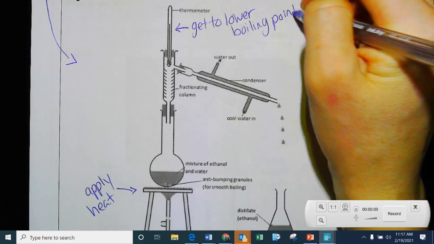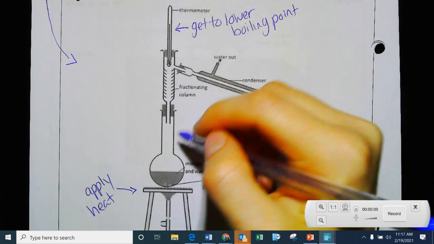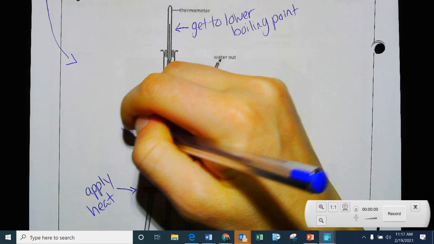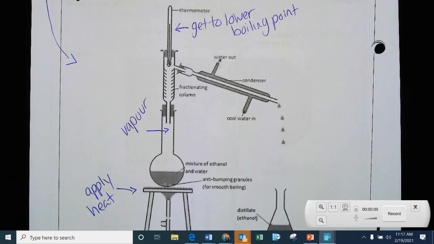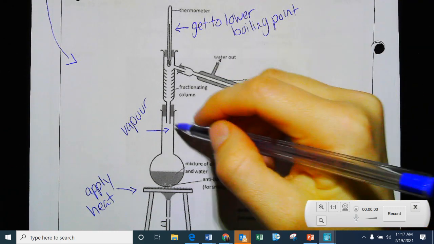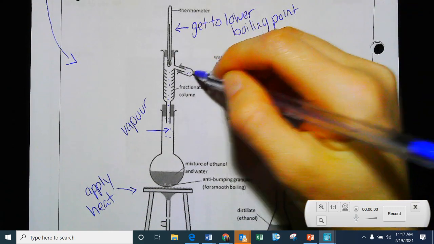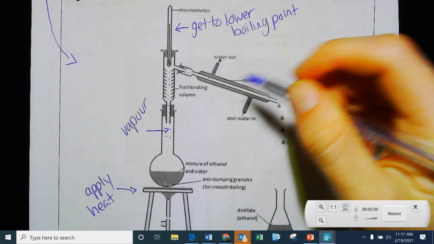So we do not want to get to the boiling point of the thing that has a higher boiling point if it's two liquids. Vaporization occurs. Now, as we know, things when they go from a liquid to a gas form, they fill the space of the container that they're in. So what's going to happen with this vapor is all these molecules are just going to fill this whole area. And then once they get into this section with cold water, it's cooling this back down,